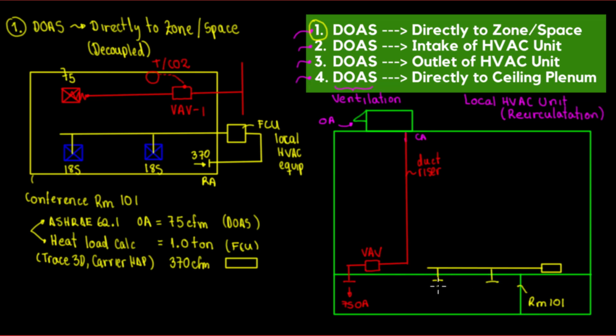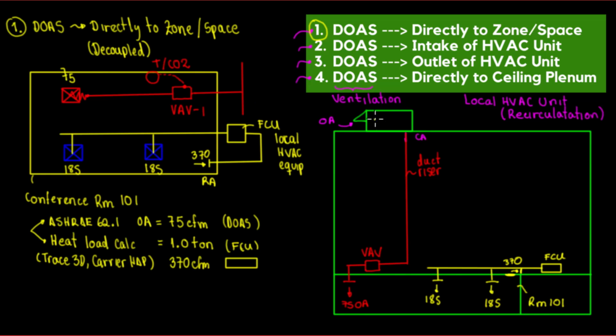Now I'm gonna have in here my diffusers, and each one is providing 185, right? So 185, 185, and in total 387. And in here, of course, I'm gonna have a grille, and this is returning 370 to the FCU unit. So again, how is this actually gonna show? The 370 is returning to the FCU, but how is the 70 returning to the DOAS